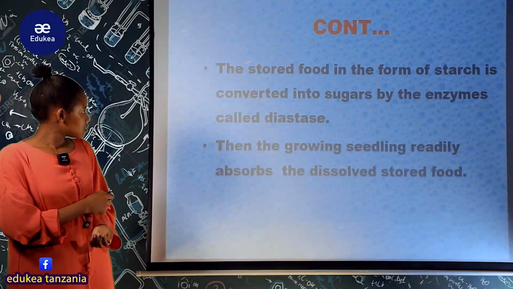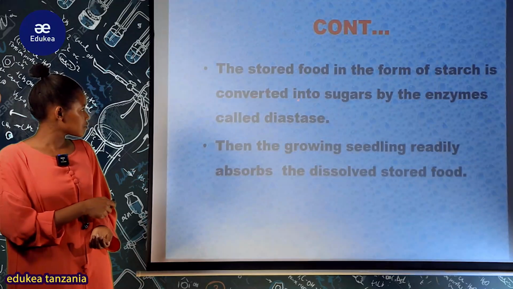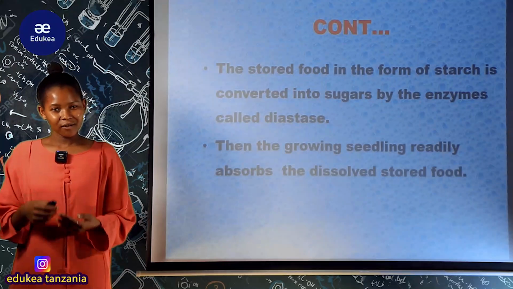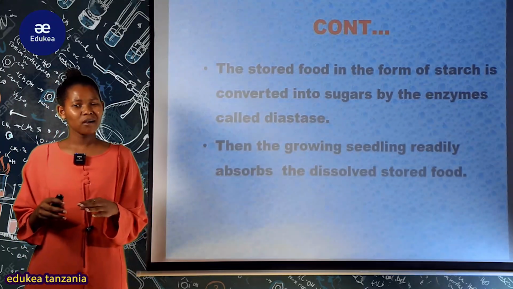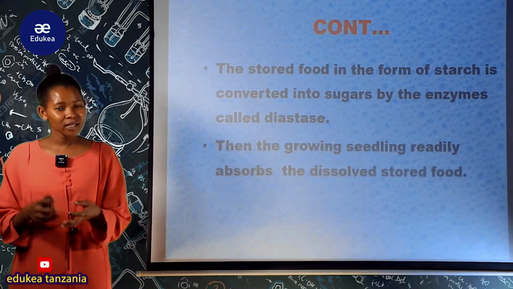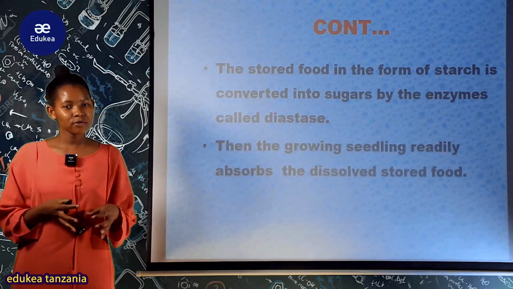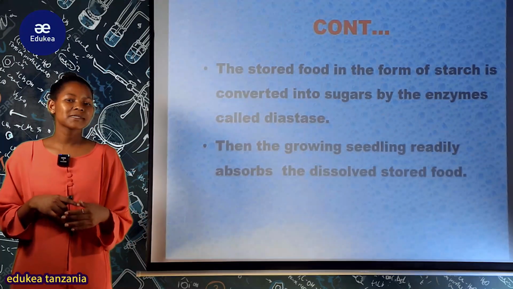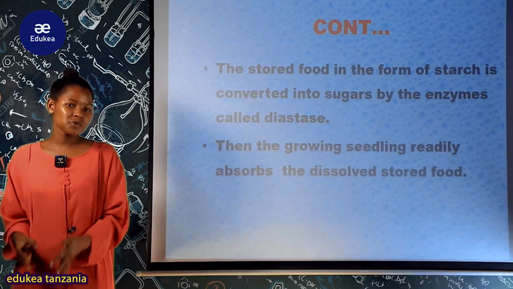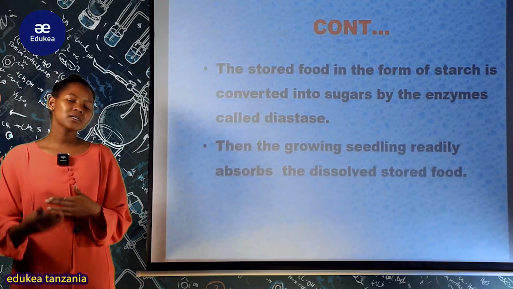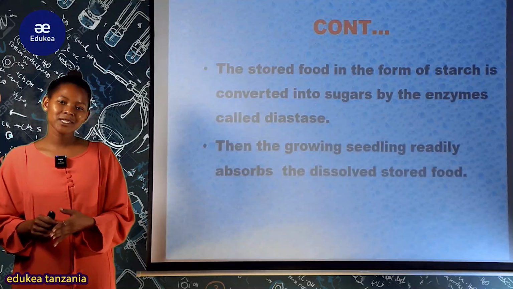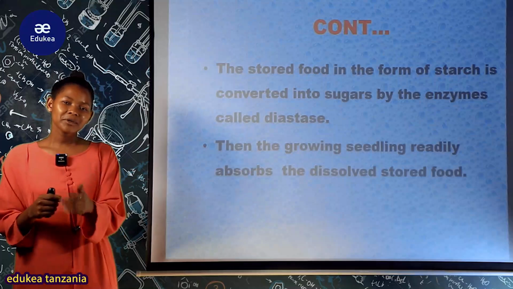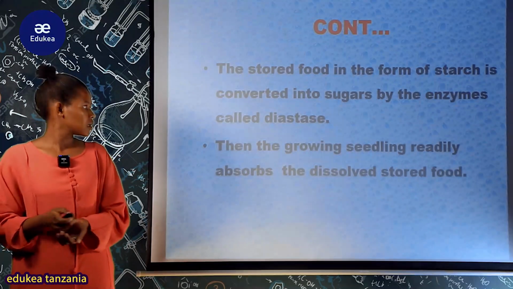Okay. Also, the stored food in the form of starch is converted into sugars by the enzyme called diastase. Also, another chemical change is that kwa sababu hiyo seed inahitaji nguvu, inahitaji chakula ili iweze grow up, ile stored food ambayo tunaita starch inakuwa converted by enzymes kwenda kwenye useful product ambayo ni sugars, kwa ajili ya kusaidia mmea uweze kufanya ukuaji. Na hii sugar, my dear student, inaenda kutumika kwenye process ya respiration, inakuwa broken down into energy, ambako ile energy inasaidia ukuaji wa mimea. Good.